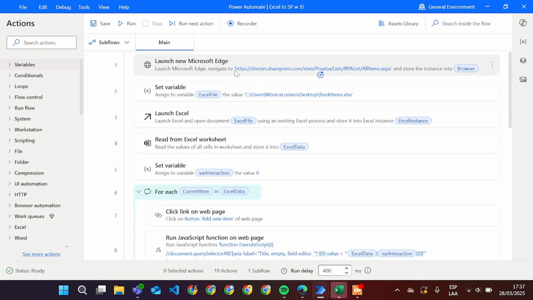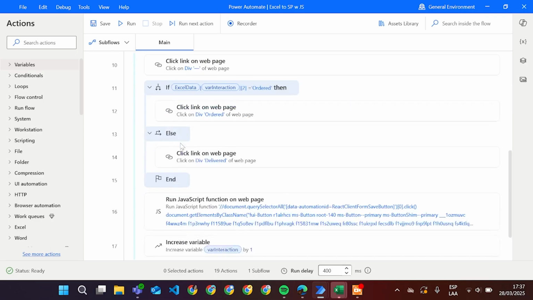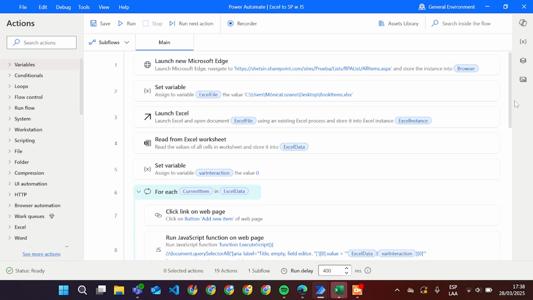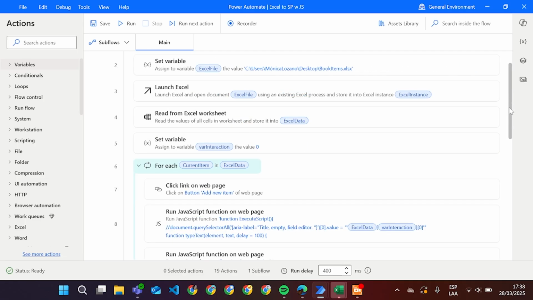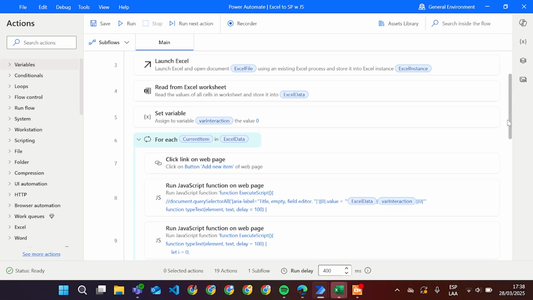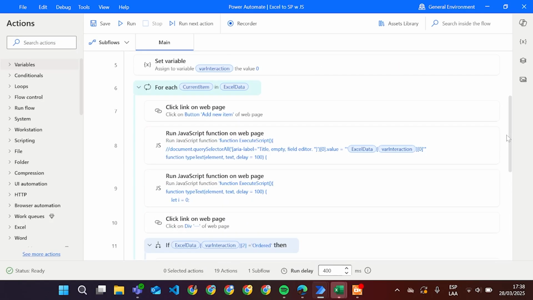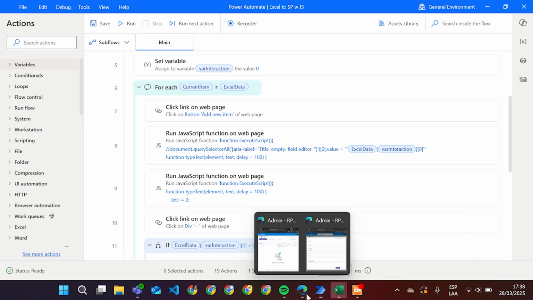And for that, I have this. First, as we can see, I'm using the launch new Microsoft Edge. Then I'm using a set variable to indicate the file that I'm going to open. Then it launches Excel, then it reads its data. Then I'm using a variable to iterate the information. And then here I am using click link on web page, which will click first